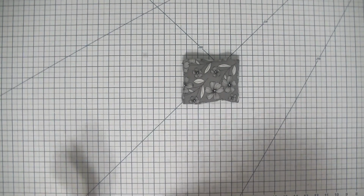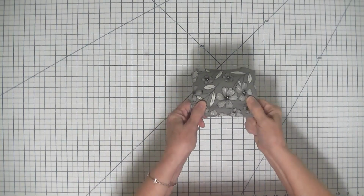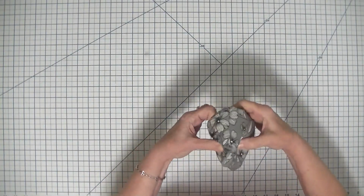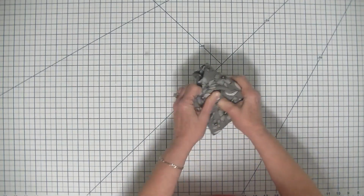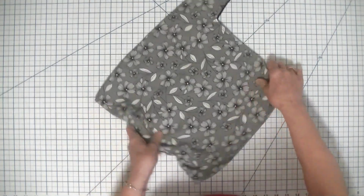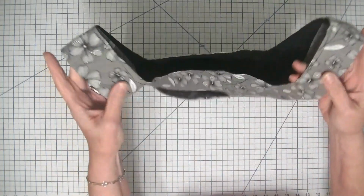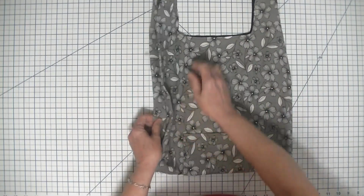Everybody, this is Diana from So Very Crafty, and we are here today to make this not a blob, but a fold-up shopping bag. Yes, that's what this is, ladies and gentlemen. This is a fold-up shopping bag. You just unfold it, and it becomes a shopping bag that you can take to the grocery store or to the pharmacy, wherever you like,